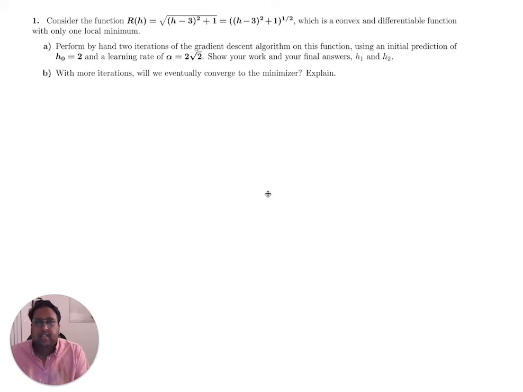Hi everyone. In this video, we're going to take a look at question 1 from Midterm 1 of the Spring 2021, that was a lot of ones, offering of DSC 40A. Let's get into it. So in this question, we're given some function r of h, looks like this,